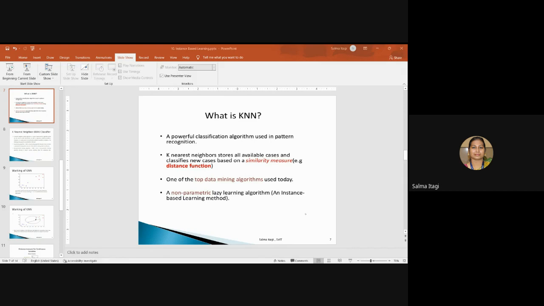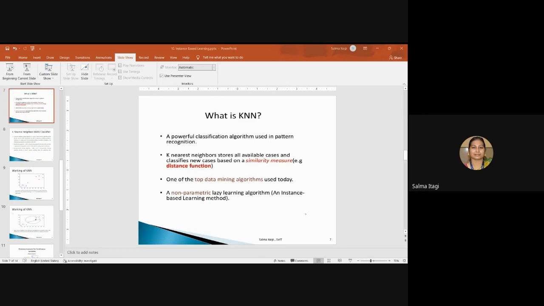It is one of the top data mining algorithms, and it's a lazy learning algorithm. That means rote learning. Whatever it has learned from previous experiences, it imposes the same training on the new data set. It's an instance-based learning methodology. K nearest neighbors is a supervised machine learning algorithm, meaning that there is always a label present. It's labeled data. There is always a target function, that is, you already have the output data set. You're predicting for the new test data set, finding out to which class it belongs. It is called lazy learning because it does not have a special training phase and uses all the training data for classification.